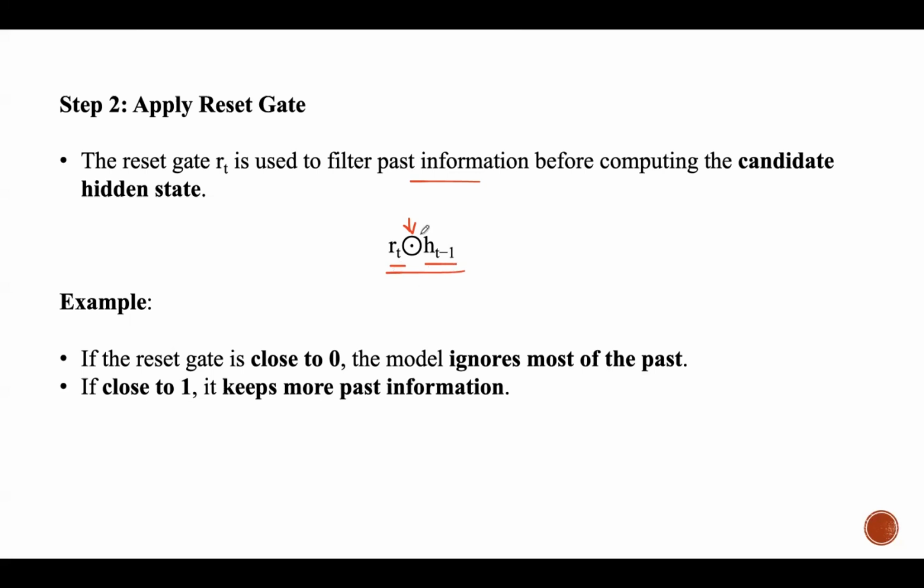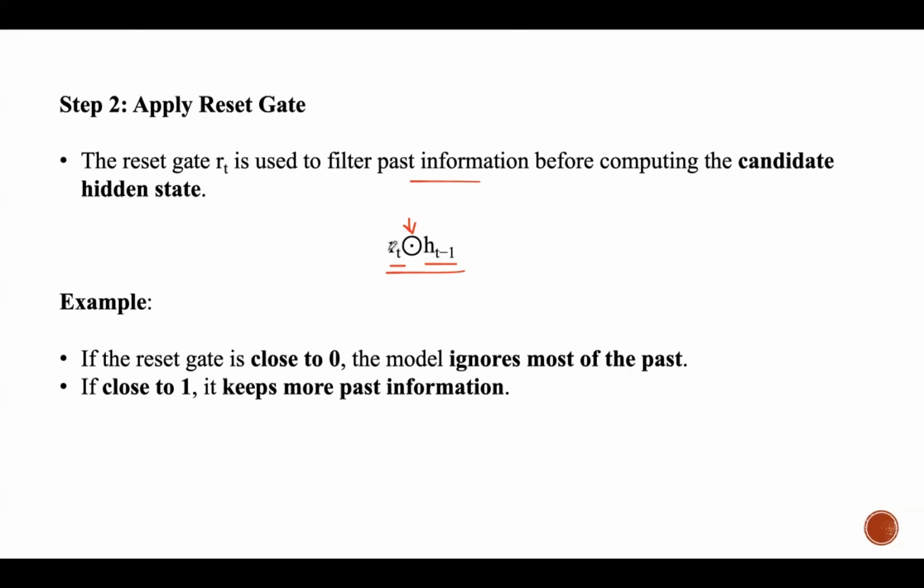And why do we need this operation? The reset gate helps the GRU decide how much of the past information to keep or forget before computing the next candidate memory. So that's what we saw till now. When this RT value is too small, the model will forget the past data and focus only on the new input. We saw that with the example, the cat sat, both the words. And if this RT value is close to 1, then it retains past information.